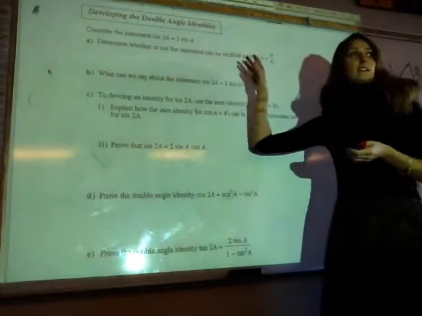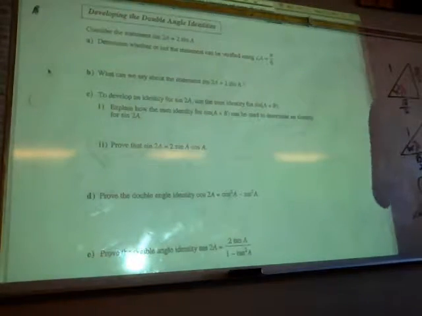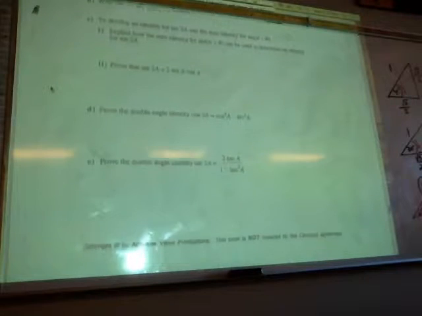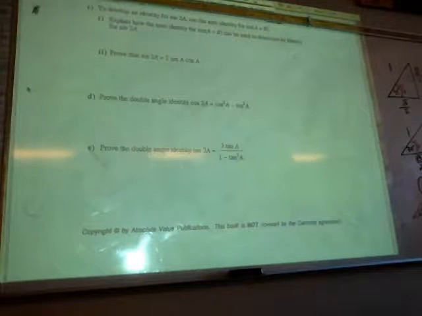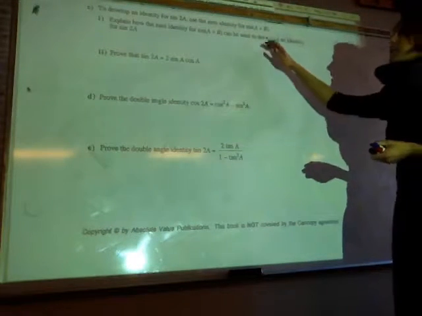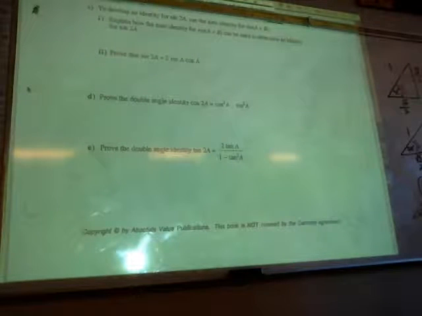You're proving that left-hand side does not equal right-hand side. But rather than showing you the false case, I'm just going to show you the true case. Okay, so to develop an identity for sine 2a, we're going to use the sum identity for sine a plus